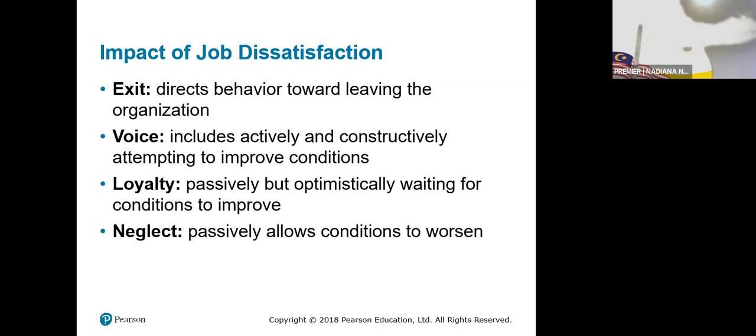Feeling like this, they are still loyal because there is no job outside, it is very difficult to get a job. And if they quit from the job, they will suffer. Then there is no income for the family, and the family needs money. They have no choice. They choose to stay loyal to their organization.